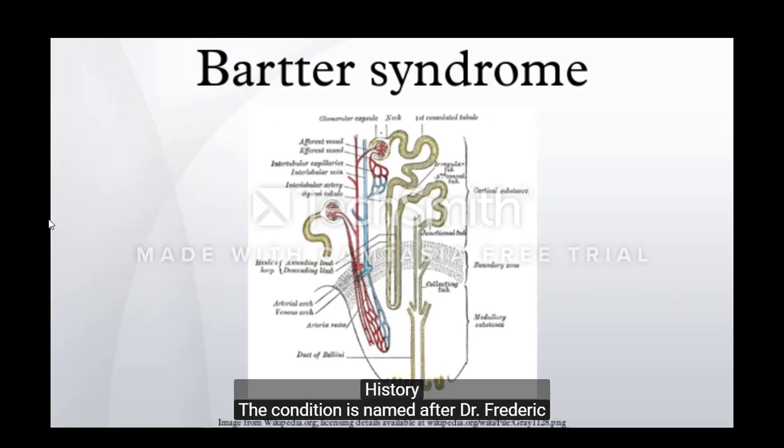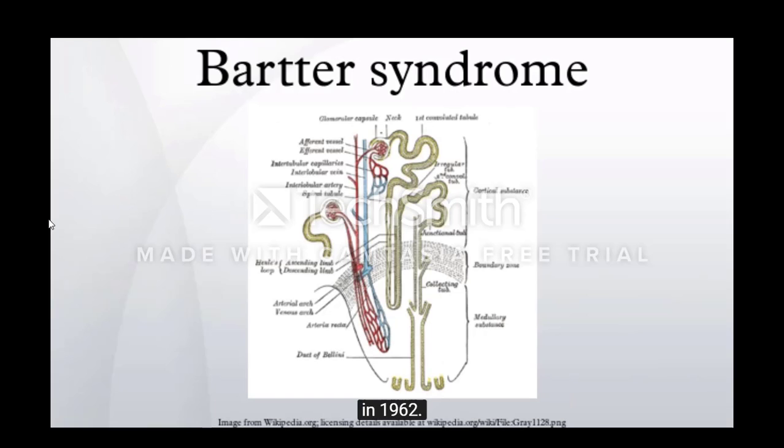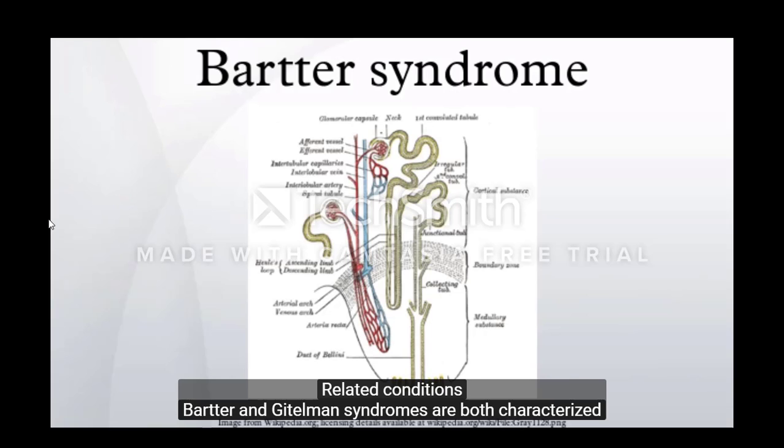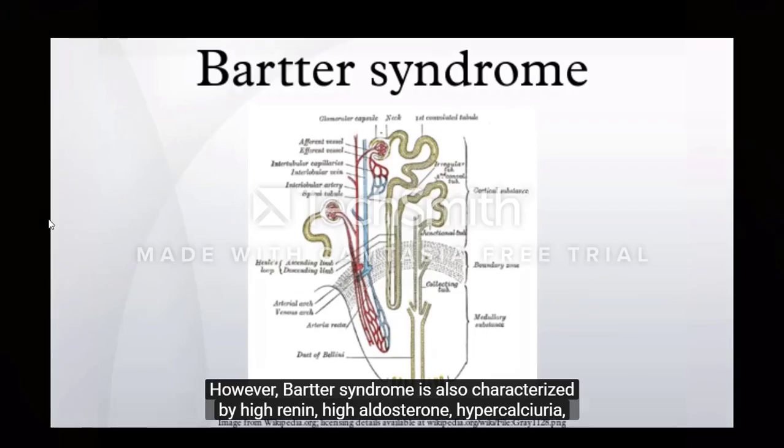History: the condition is named after Dr. Frederick Bartter, who, along with Dr. Pasita Prunov, first described it in 1960 and in more patients in 1962. Related conditions: Bartter and Gitelman syndromes are both characterized by hypokalemia, hypomagnesemia, normal to low blood pressure, and hypochloremic metabolic alkalosis. However,